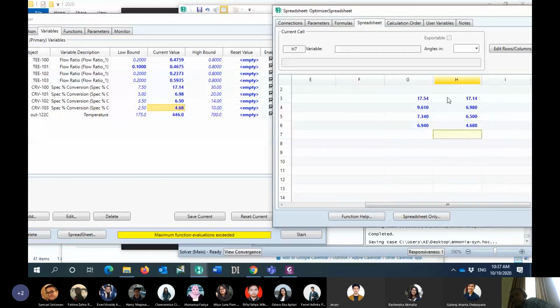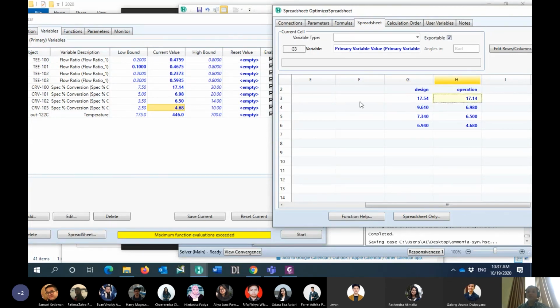Now if you look at these values, can you answer which bed has the degraded performance? Which one? Hello, anybody?